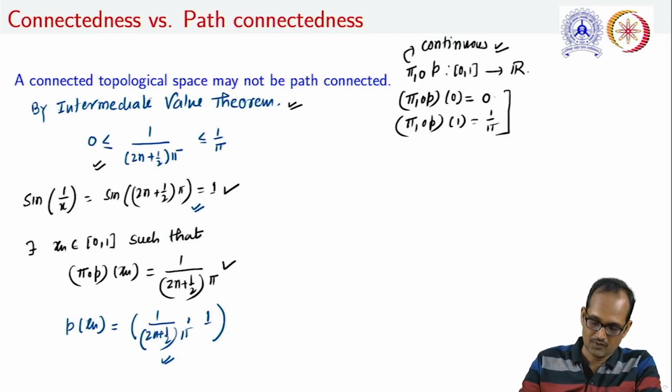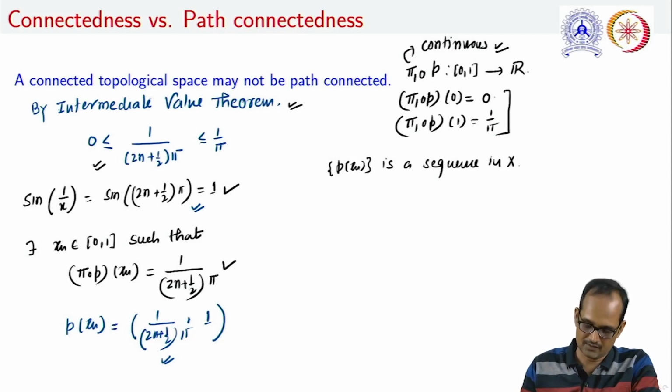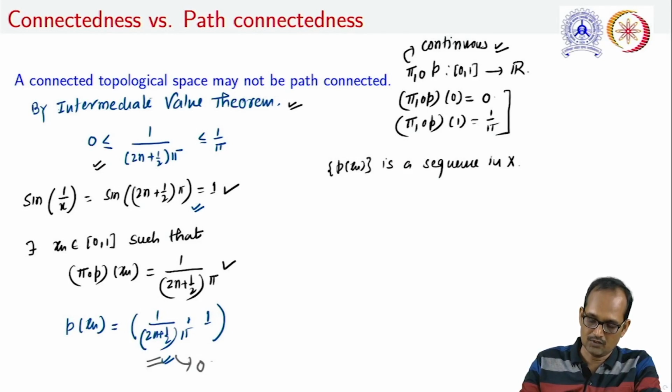Also, we can conclude that p(xn) is a sequence in X, and this sequence is converging. Note that the first coordinate is converging to 0, so p(xn) is a convergent sequence,